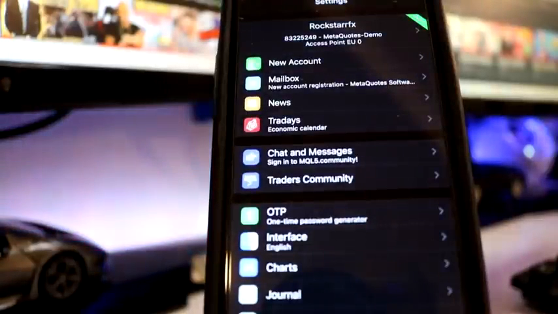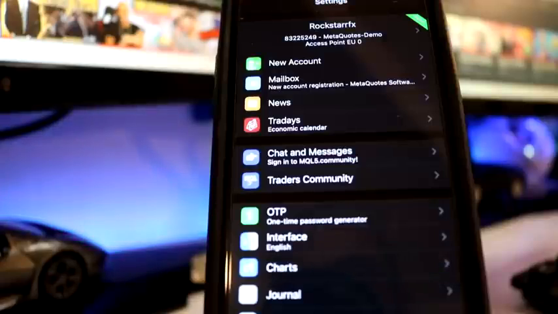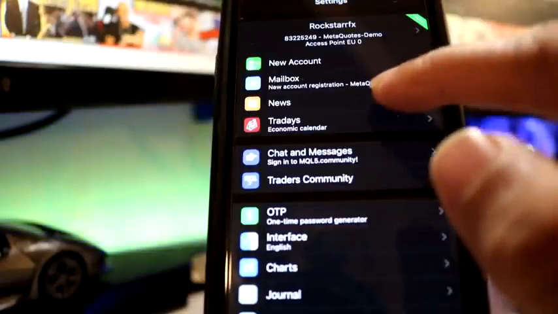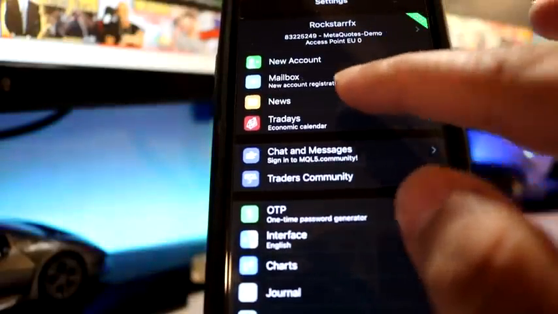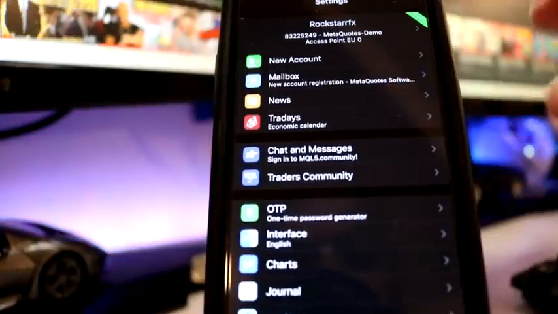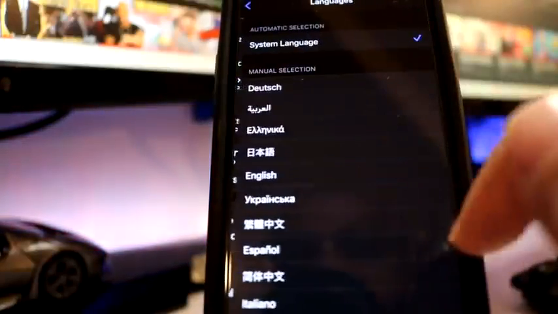Now finally to the settings tab. I'm not going to spend too much time on the settings tab because it's not really too much to talk about, but you can see things like, obviously your MetaTrader 4 mailbox, your news if you want to check the news. What I like is, number one, the interface if you want to change languages or whatever the case may be,